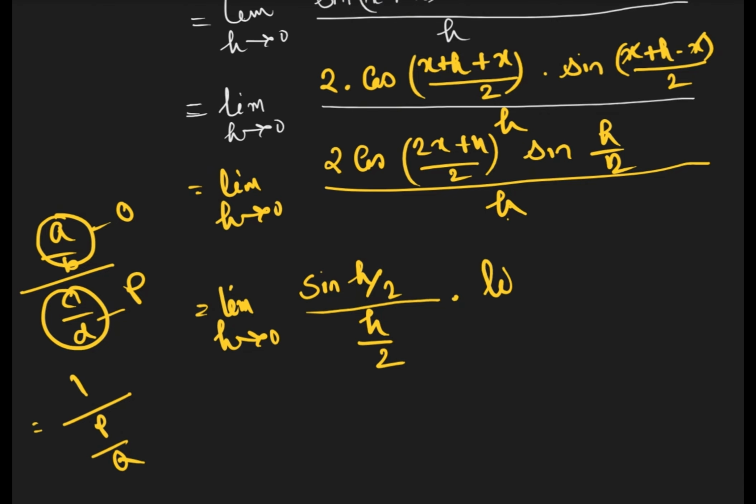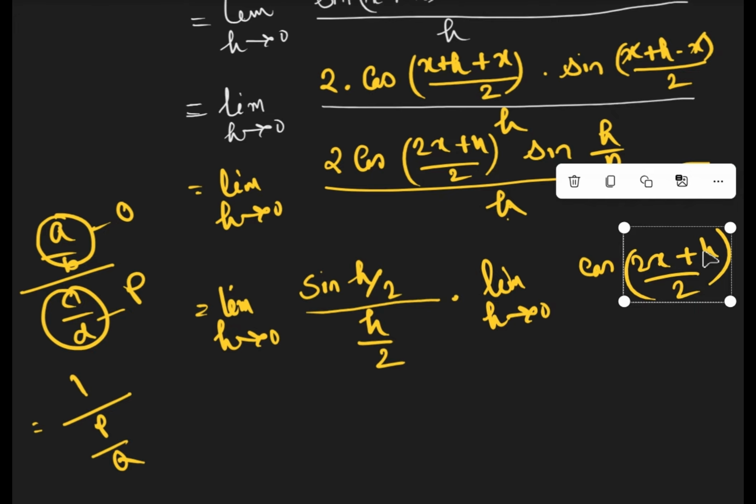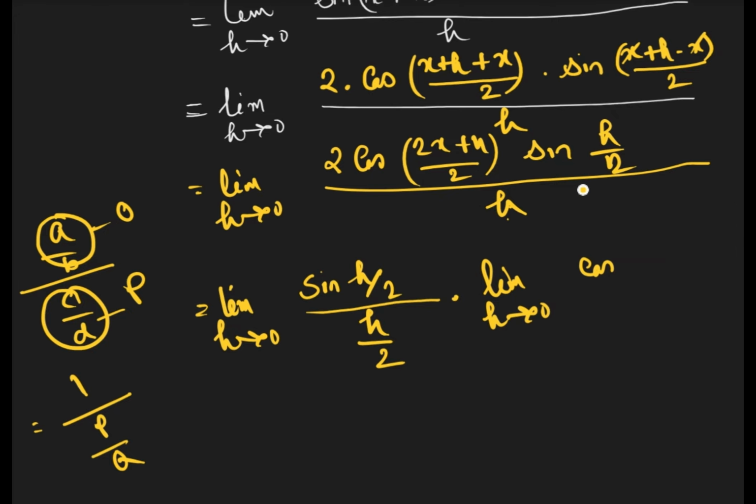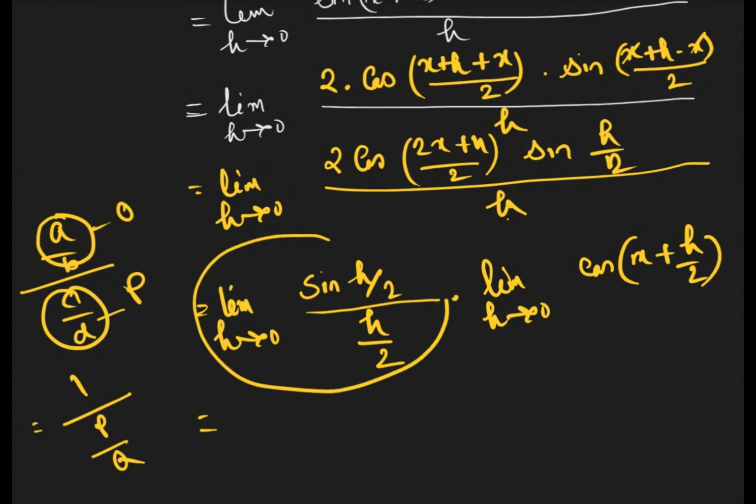And limit h tends to 0 of cos of 2x plus h over 2. Or maybe we could write down x plus h by 2, same thing, right? Why have I written this part? Because